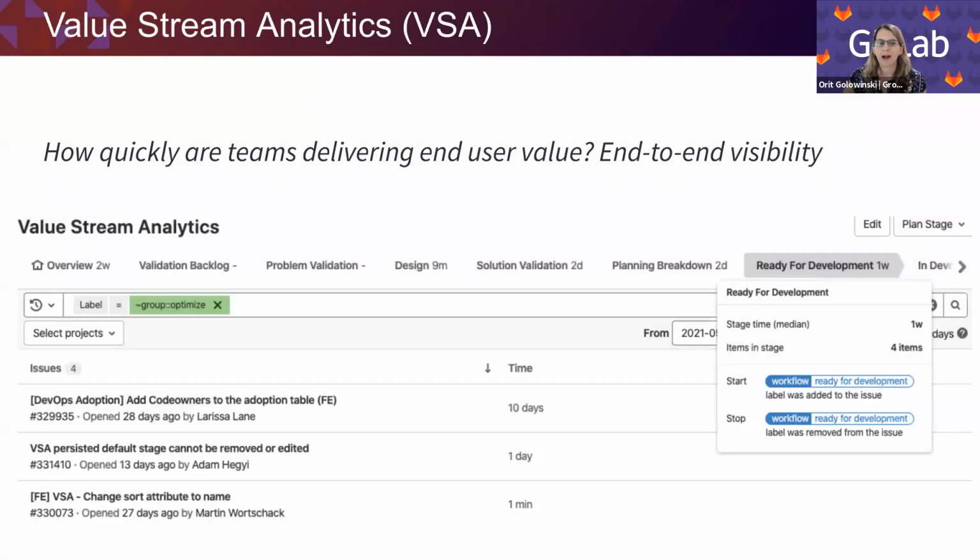So that's our DORA4 efforts. We still need to add the two remaining metrics, mean time to merge and time to restore. So those are coming up. Now I wanted to talk about two different types of metrics that can be visualized in